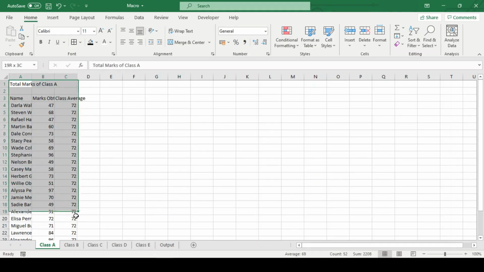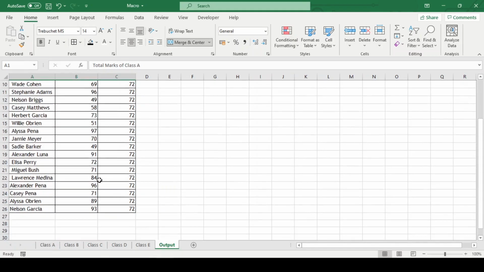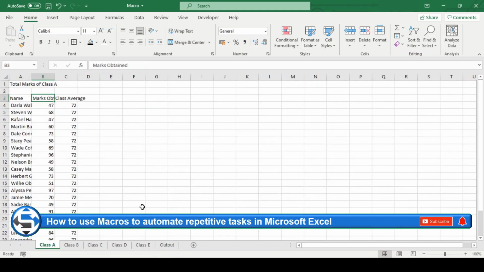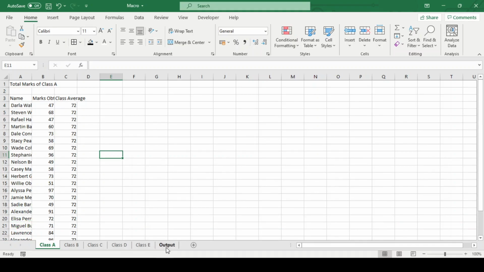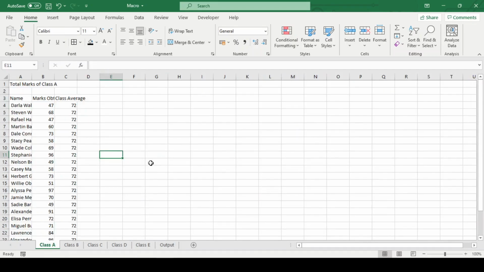So suppose we get this type of data where we have marks of students from different classes and the number of students in each class varies. And if we have to format the data every time so as to look in this manner, which means that every time we have to remember all the steps we do in the first sheet and repeat the same steps for each sheet. So what we can do instead is record all the steps the first time we are doing them and then just press a button and apply all the steps in each sheet. That's what Excel macros are capable of doing. Let's see how this works.